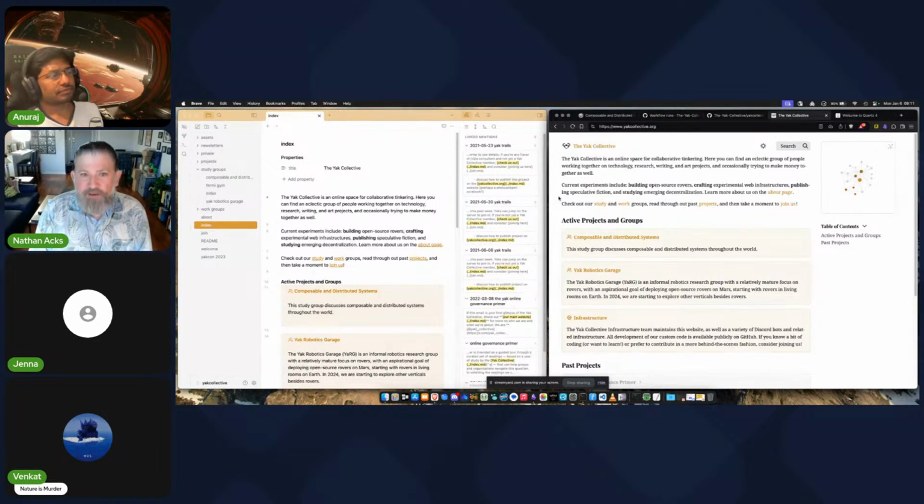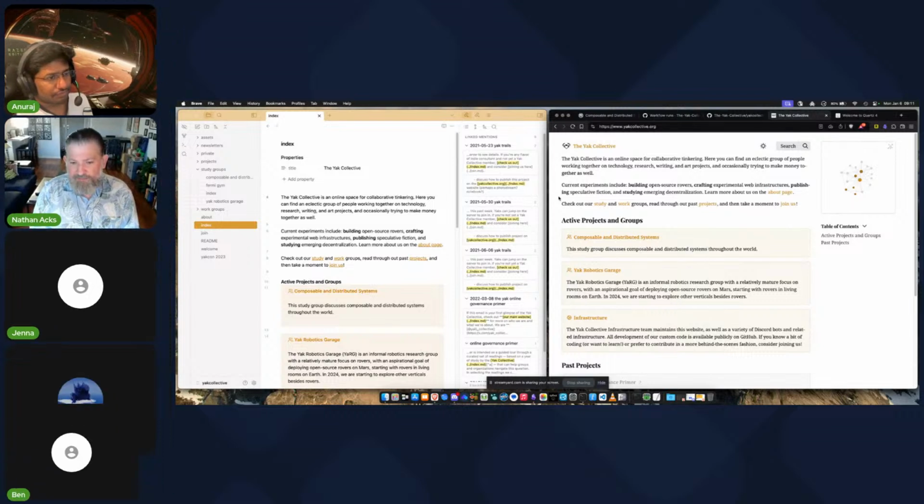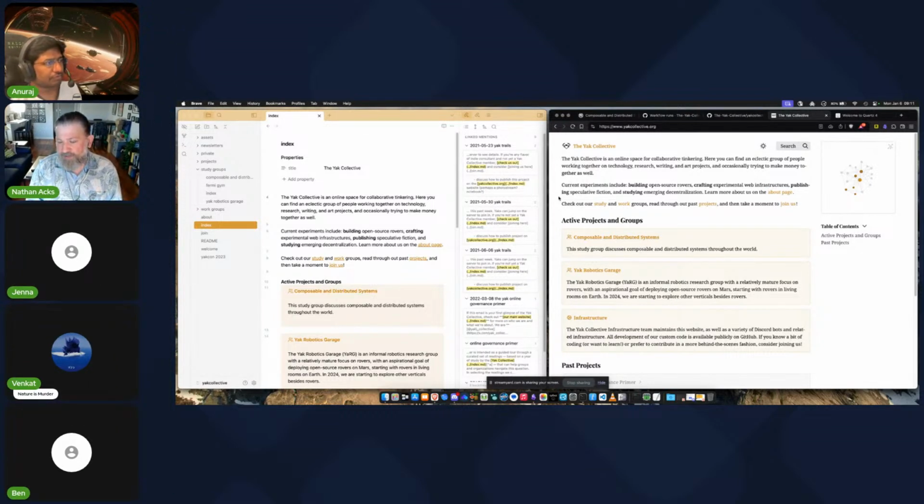So the philosophy of Quartz, originally Obsidian Publish, builds off the philosophy of Obsidian, which is very much the idea that you should own your data, and that data should be in formats that are forward compatible.